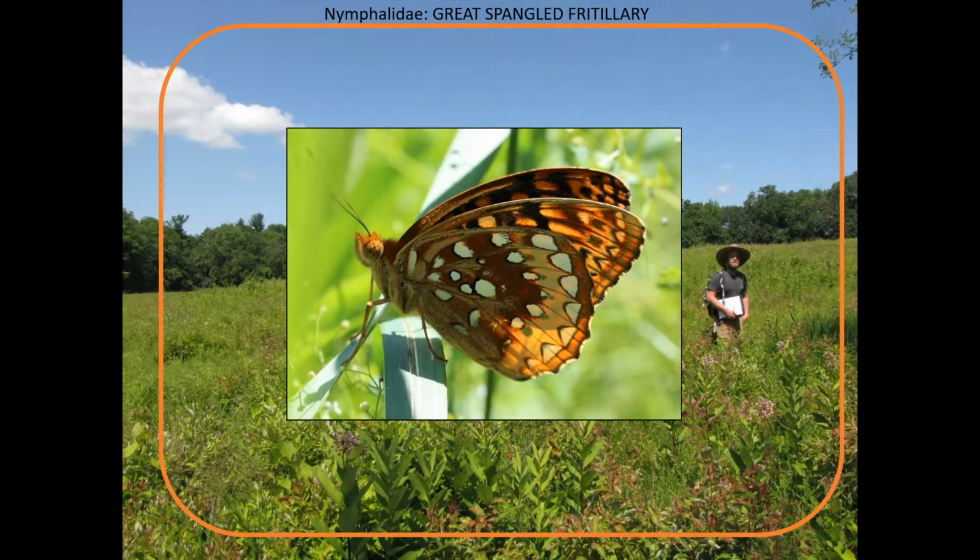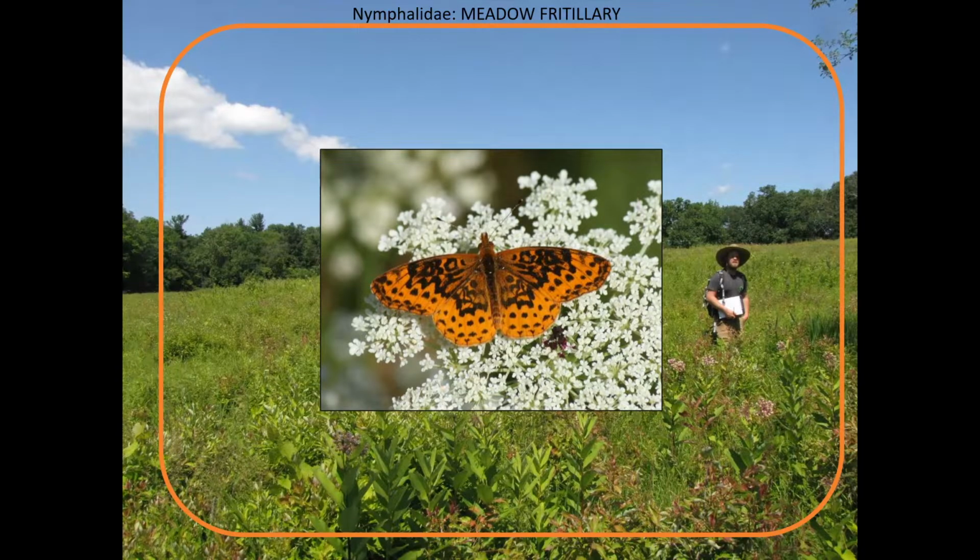In a field like this, you'll probably also see a great spangled fritillary nectaring. Again, they're probably an example of a butterfly that doesn't necessarily spend its whole life in this field. Their caterpillars feed on violets, which are probably most likely around the forest edges, and yet you'll often see them in fields like this nectaring. A big showy butterfly. We also get meadow fritillaries in a field like this, and this is another butterfly with